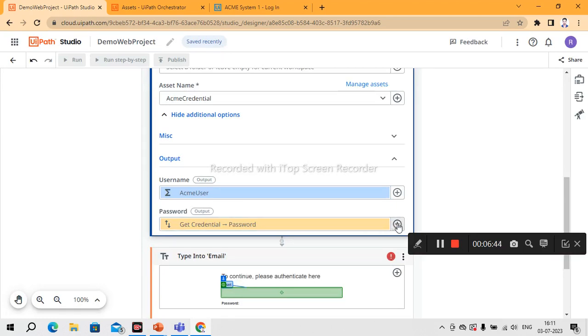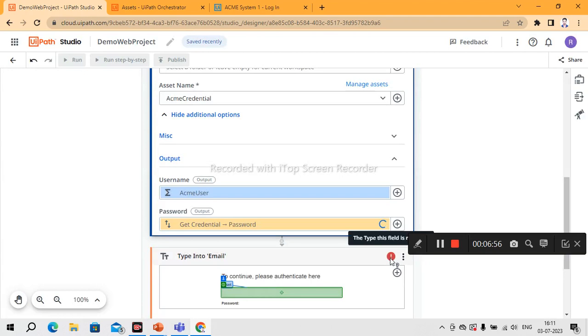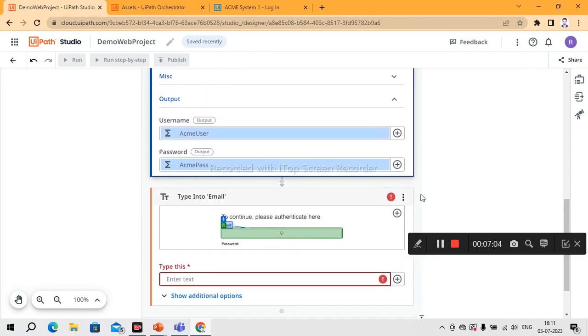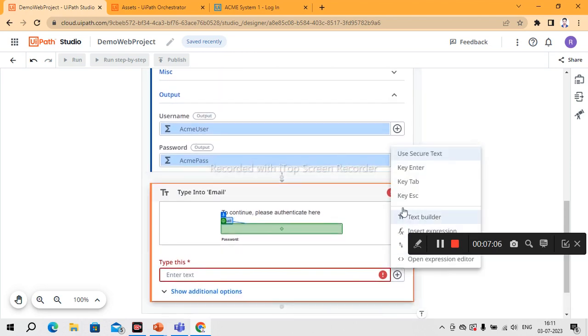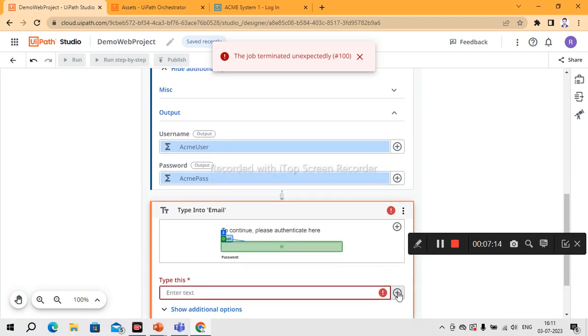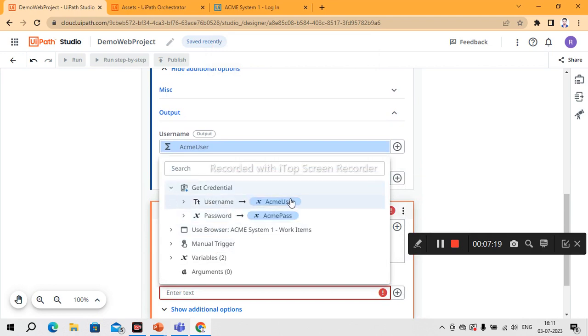Same, we need to create the password variable also. So I will just hit on the save as a variable. Variable name, I will give Acme pass. I will create it. So here in the type into, when you get the option of the plus sign, you can use variable. So I will just use the Acme user,